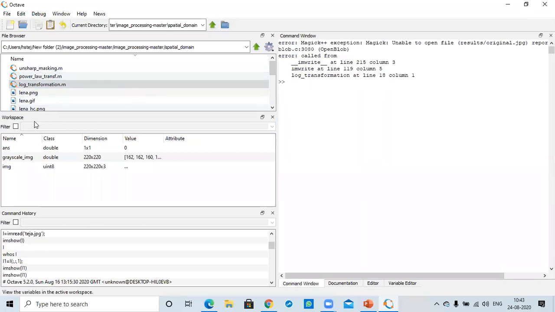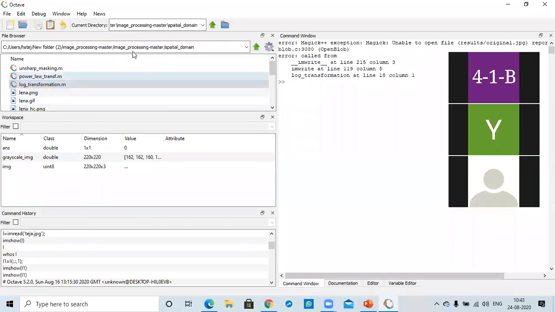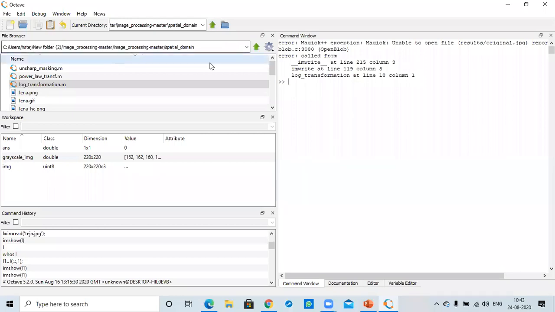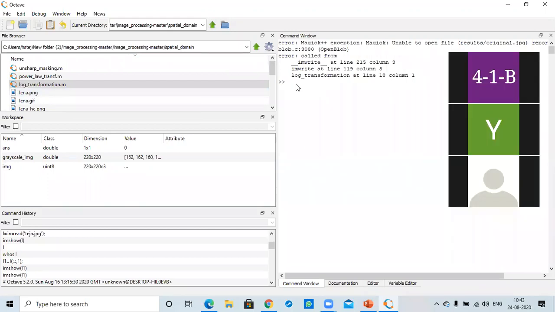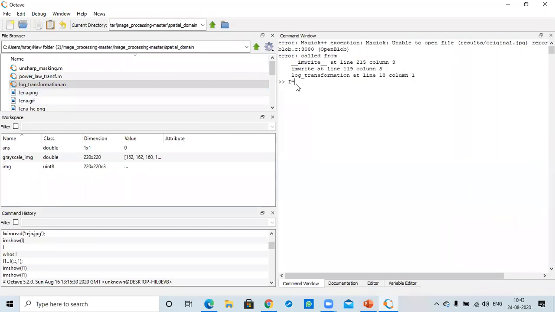Here we have so many pictures. First of all, in the current directory, you have to choose the picture folder where you have put your pictures. Let me explain today how to convert the image into black and white. That means a low resolution image, completely only 1 bit level, either 0 or 1. So I is equal to some picture we will read. Read is a command.